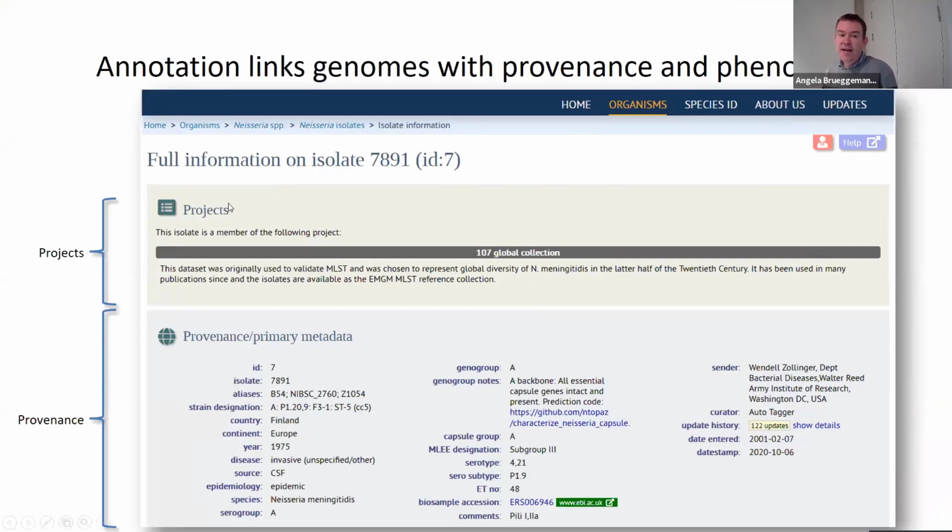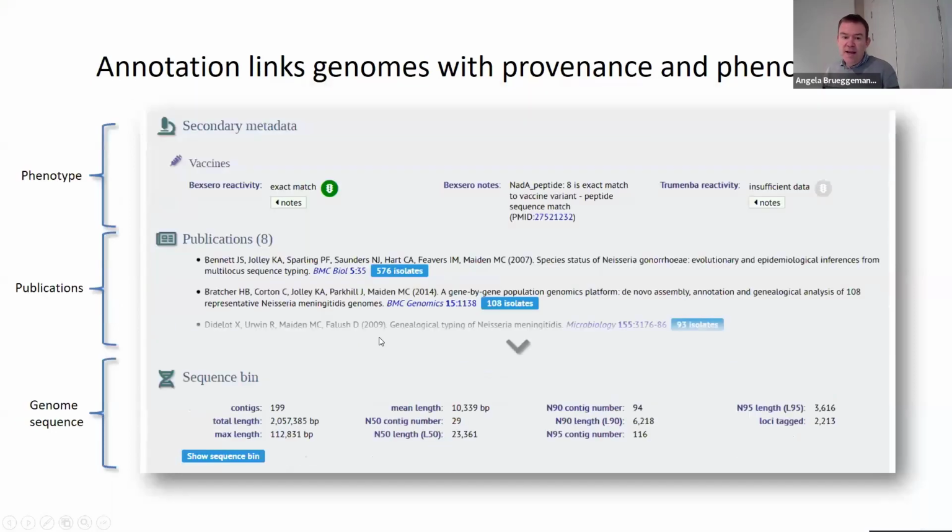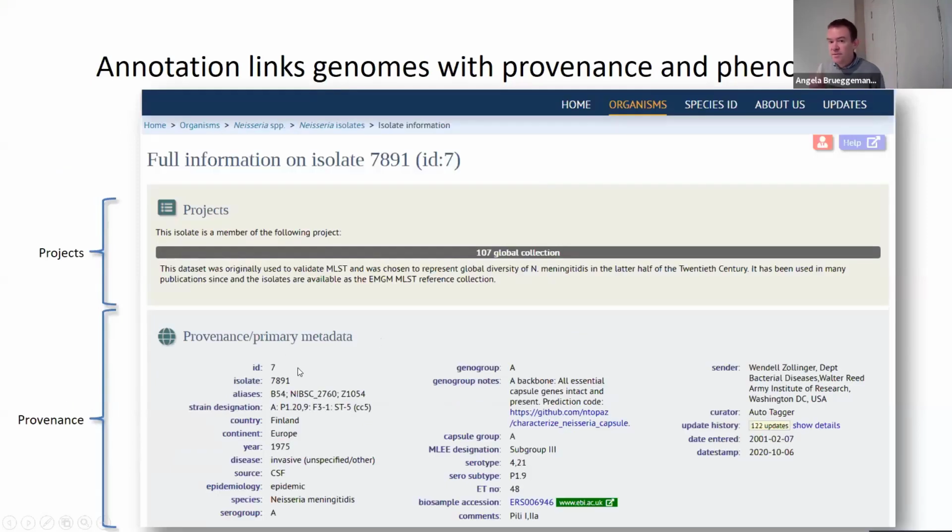So if you look at an isolate record, any particular isolate may be part of a project, and it could belong to multiple projects. So we have information that describes those projects. Then you have your section based on your provenance or your primary metadata. As I say, that's country, year, some information about disease, the biological source of it, and then you might have some serogroup information. We also have accession numbers that link out to other data sources. So often the short read data will be available and will have been uploaded to the ENA,